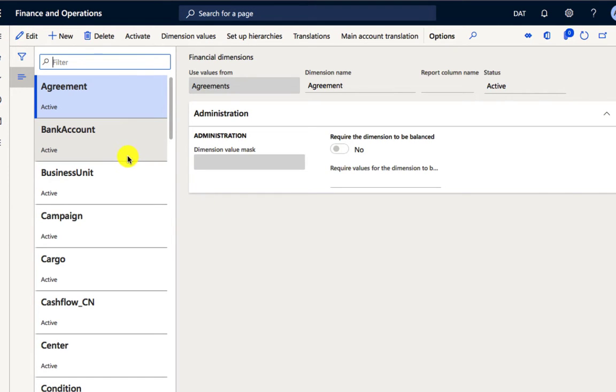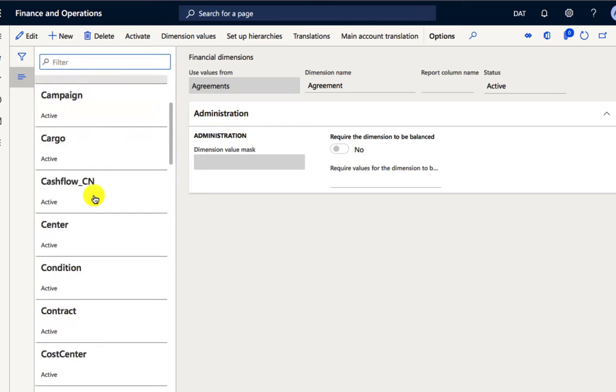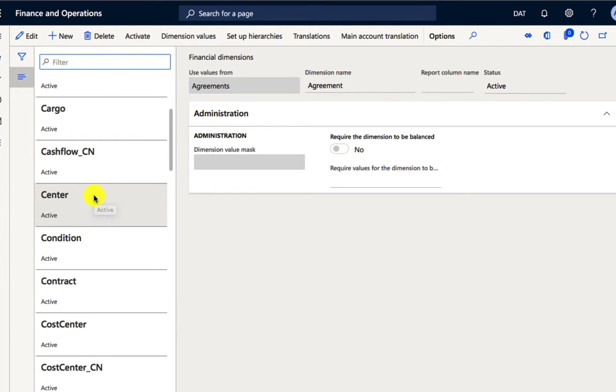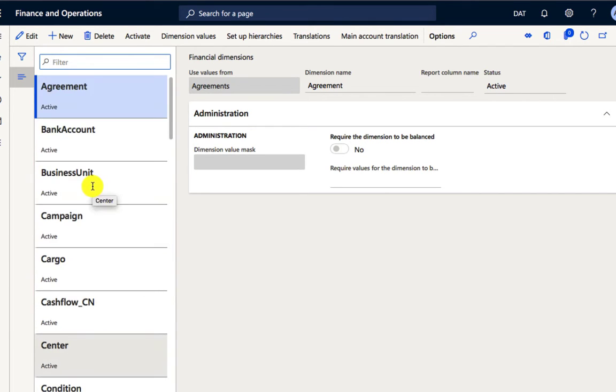In the standard demo environment, you have default financial dimensions already in the system. You have so many: agreement, bank accounts, business units, campaign, cargo, center, and so many others. But for this tutorial, we are going to be creating a new financial dimension. So if we click on new,